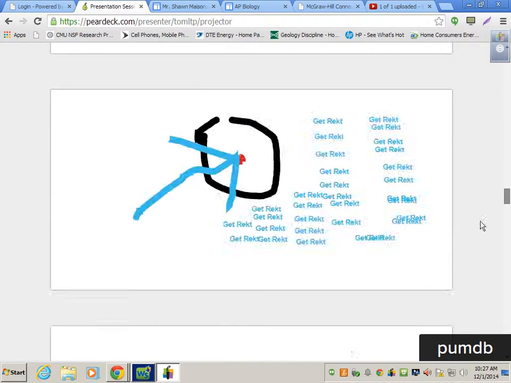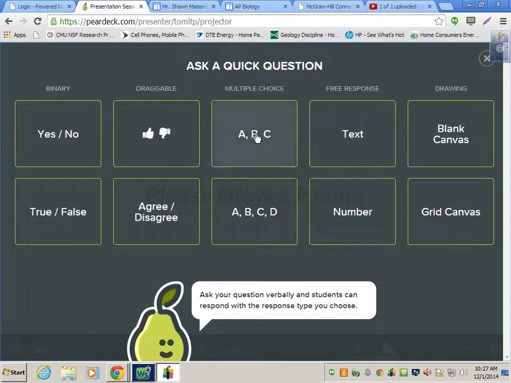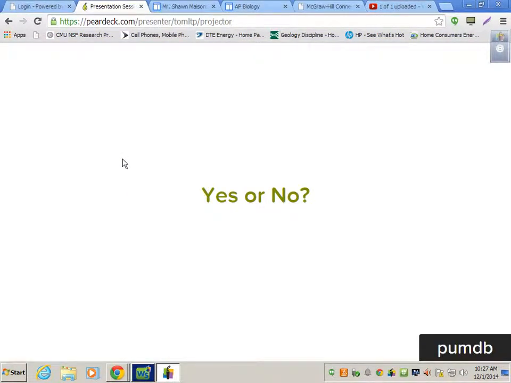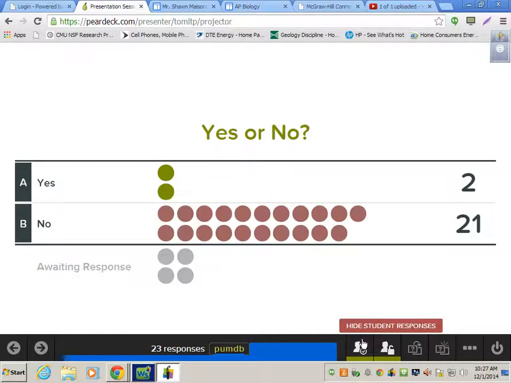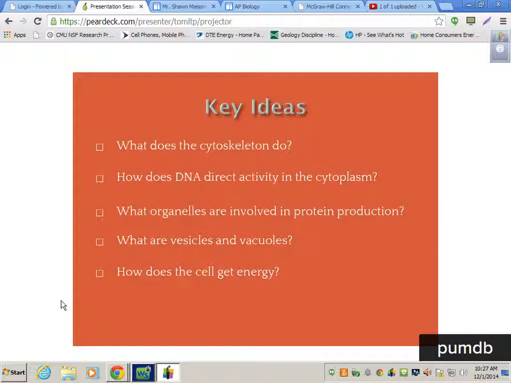All right, so here's another question. Does the nucleus always have to be in the middle of the cell? Not always, right? Okay. So we're going to be looking at a lot of cell parts today. Hopefully we'll start our cell project today as well. But we'll be looking at